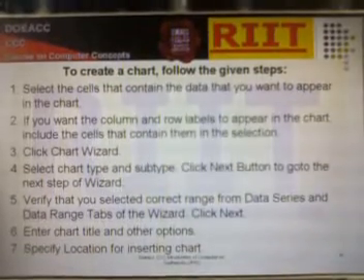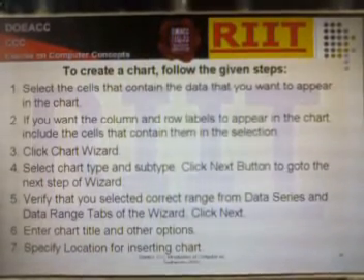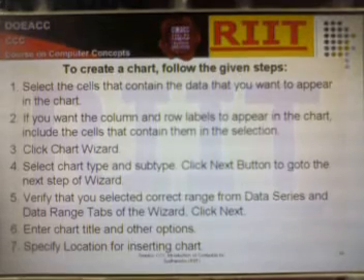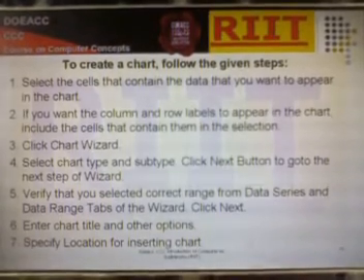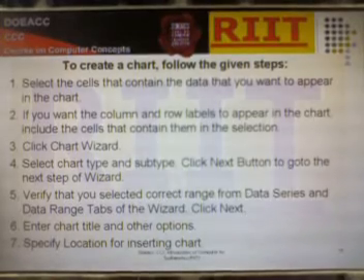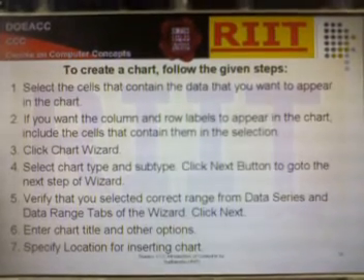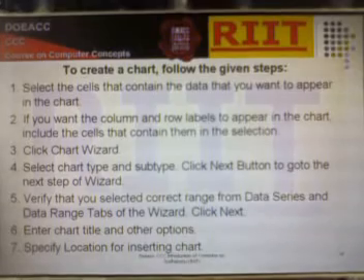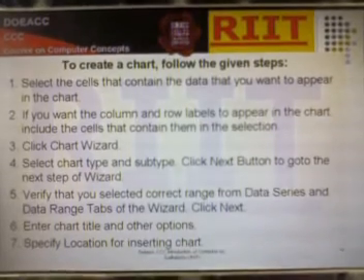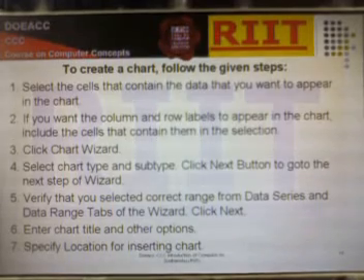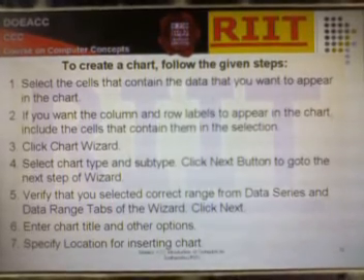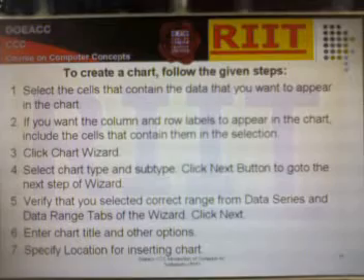To create a chart, follow the given steps. Select the cells that contain the data you want to appear in the chart. If you want column and row labels to appear in the chart, include the cells that contain them in the selection. Click the chart wizard, select chart type and subtype, click the next button to go to the next step of the wizard.